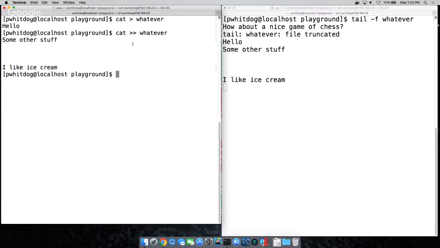No, just greater than and the file name, just the redirection operator. So you say greater than whatever, enter. And now notice the tail truncated. So that's a shortcut to truncate the contents of a file. You want to truncate a log file, greater than log file txt, boom, it's wiped out. It keeps the file name and the file there, but blows away all the content.